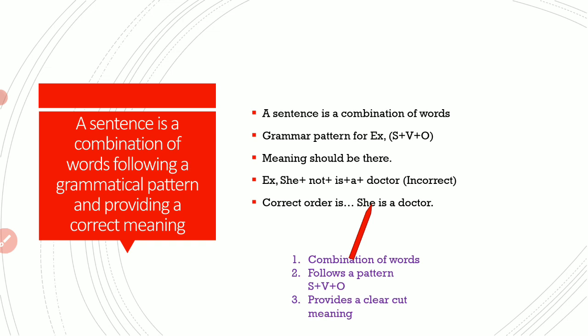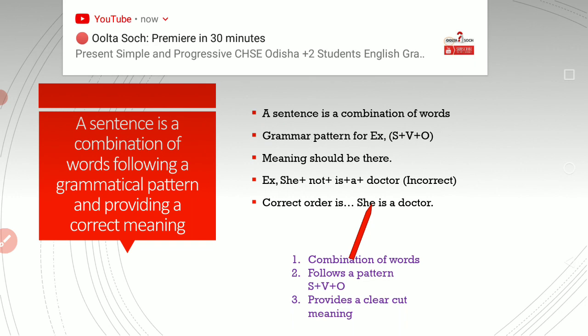In the same way, for example, we said that words have to follow a pattern. Without forming a pattern, the words cannot give you any meaning. In the same way, when we combine words in order to form a sentence, we have to follow a pattern. If there is no pattern, then that will not give you any meaning. We can do anything with the language, but it will be meaningless if there has been no proper pattern, if there has been no proper meaning.